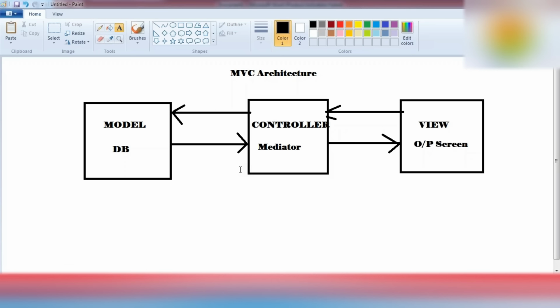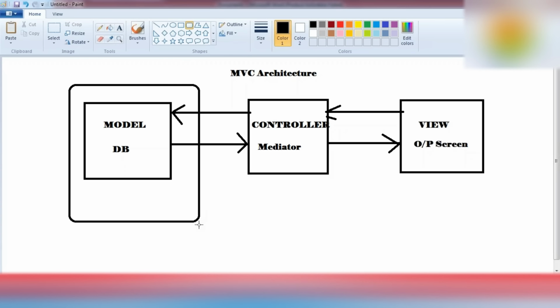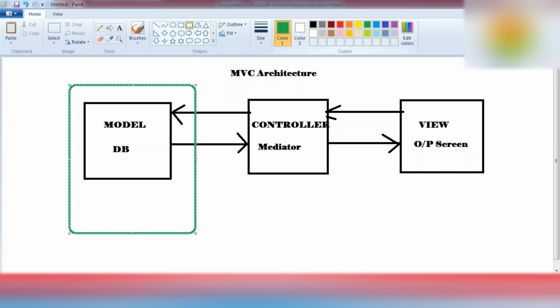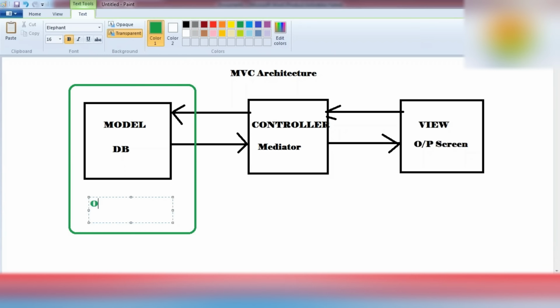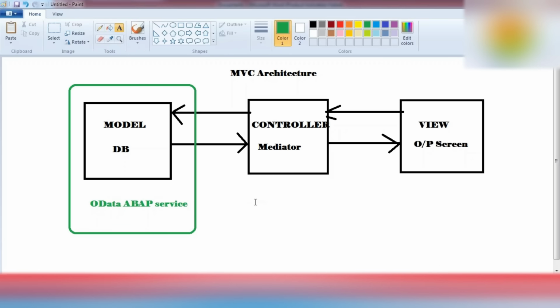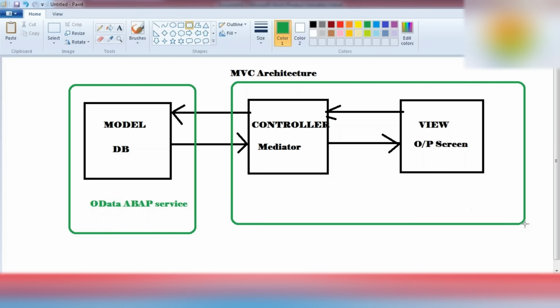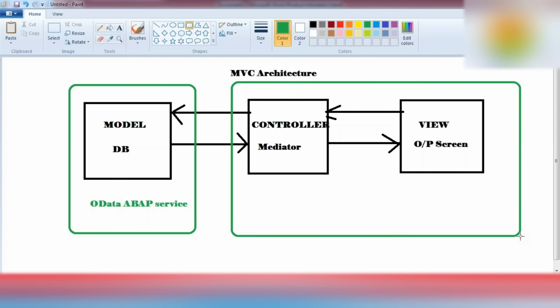And let me just relate something. This model part we will develop using our OData ABAP service. And this controller and view we will develop under our new tool.